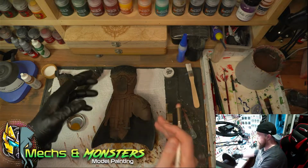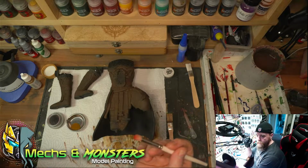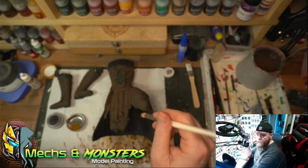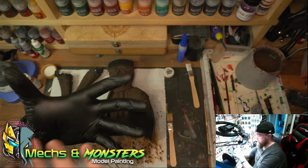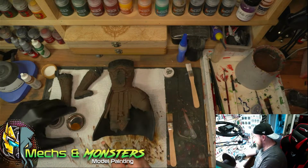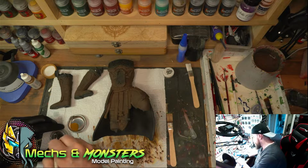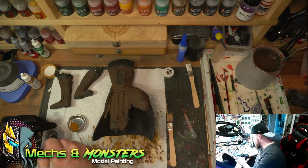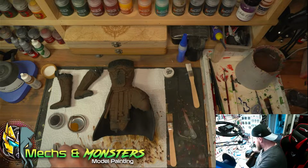So for stippling, the idea is you put a bit on your brush, and I want a very, very, very light coating on my brush. And then you dab it. Constantly dab it. Dab, dab, dab. And you're focusing that paint into that area and building it up. That's what I'm going to do. I'm going to clean my brush. Give it a wipe on this wet sponge, on the moist sponge. Okay. And then I'm just going to use that to...